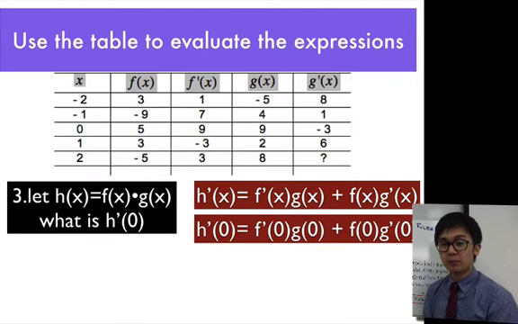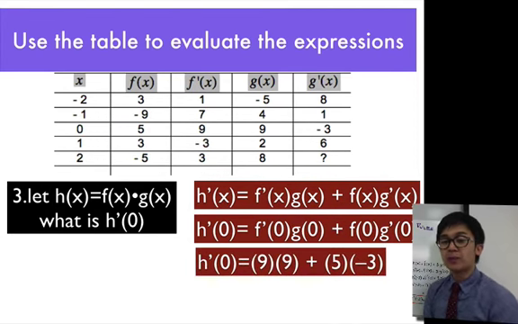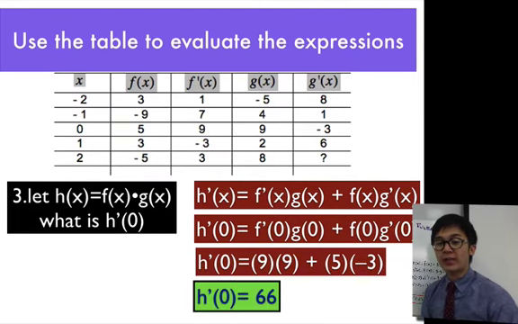And by using our table, we will replace f prime of 0, which is 9, and g of 0, so you look at the g of x column and replace x by 0, and it will also give you 9. And for f of 0, you look at the f of x column and it gives you 5, and the g prime of 0 column gives you -3. So by simplifying our expression and using our table of values, we now found h prime of 0,